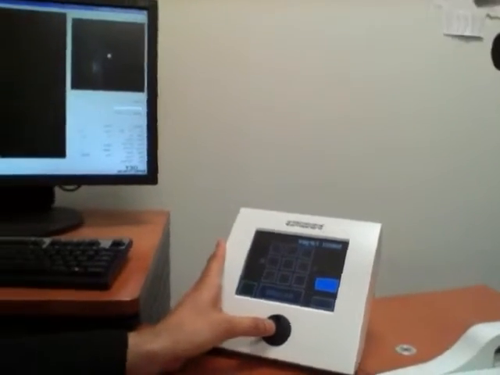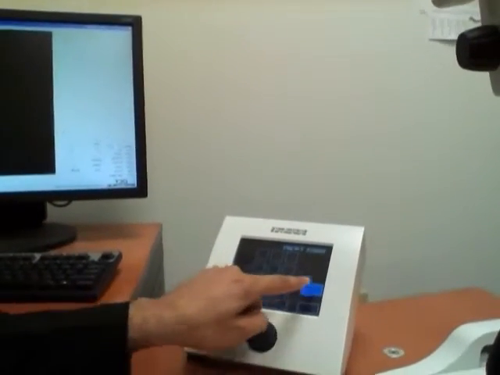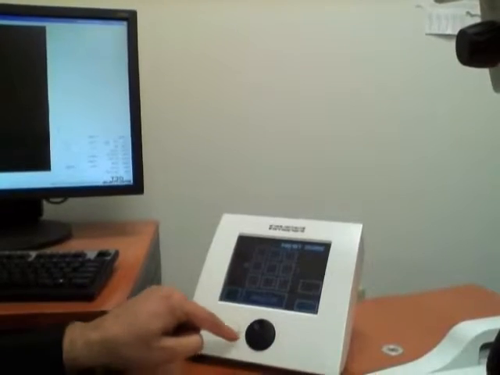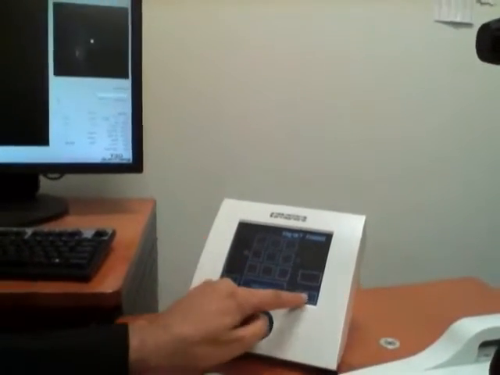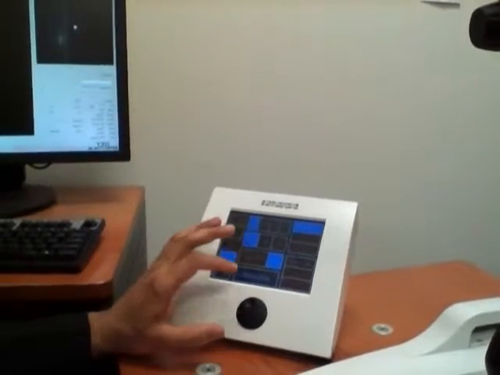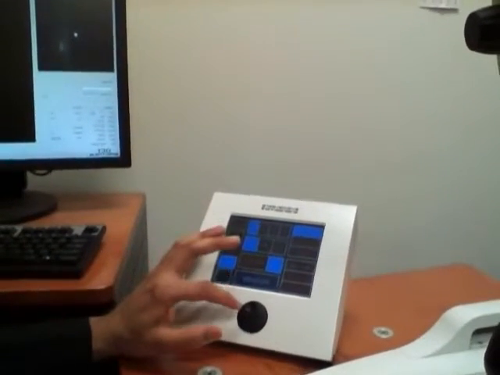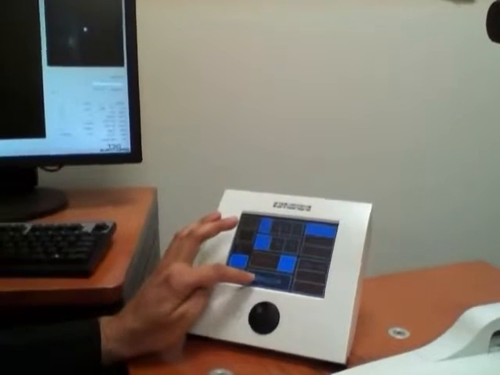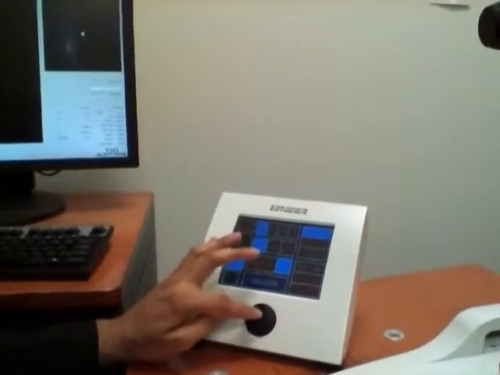When we hit the button, our image is frozen. After that we acquire the image and then unfreeze with that button again.